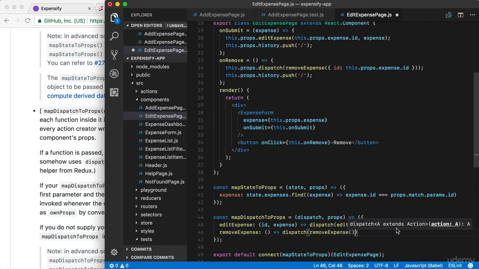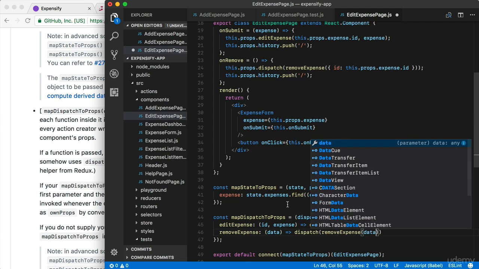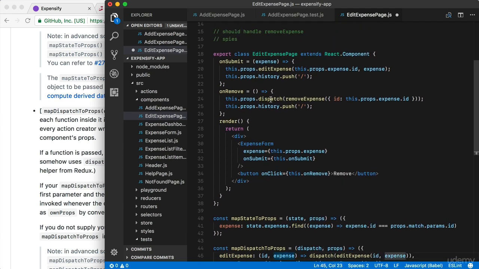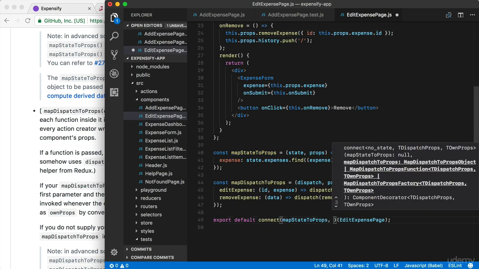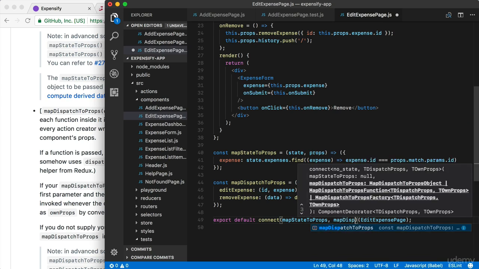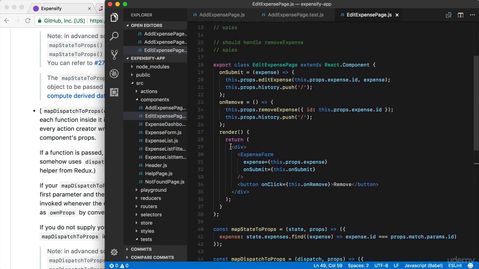Now, do we need to pass some data in between these two? Yes. Up above, you can see we have an object that has the ID on it. So I'm just going to take the data that comes in and pass it down. Now, all we need to do is change this right here. We're going to remove dispatch, the opening parenthesis, and the closing parenthesis, and there we go. We now have steps 1 and 2 all done, aside from referencing right here as the second argument to connect map dispatch to props. I'm going to go ahead and save the edit expense page component,